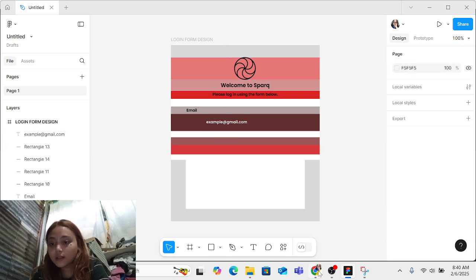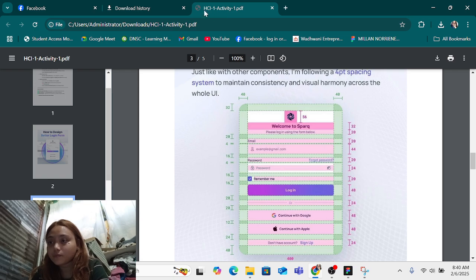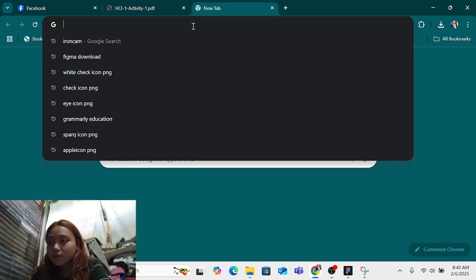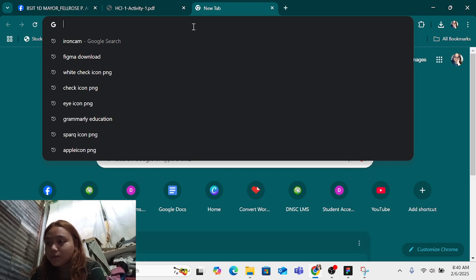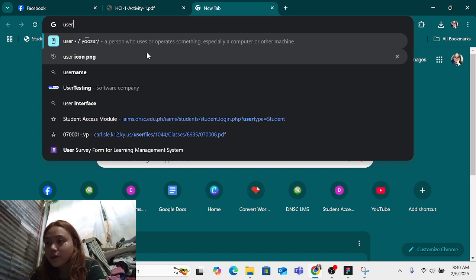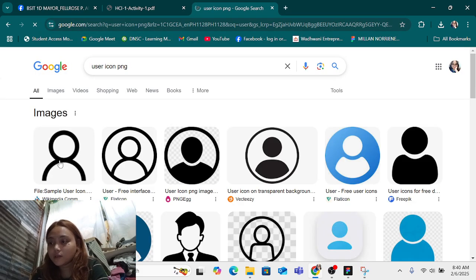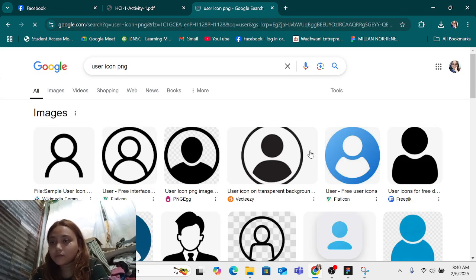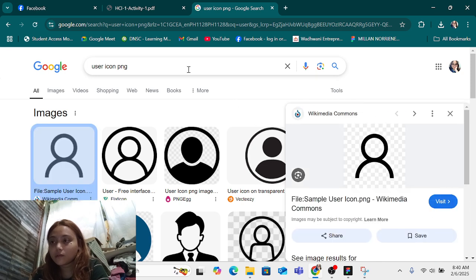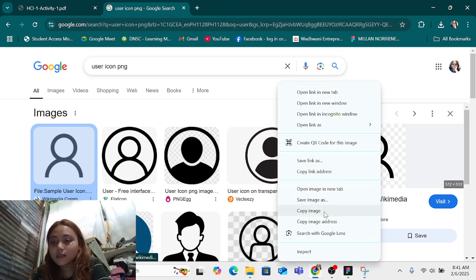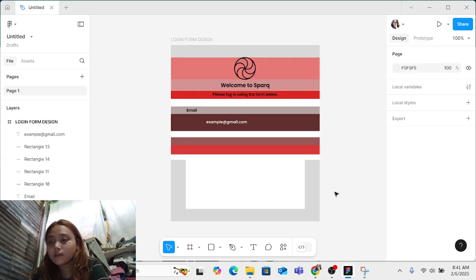And since we need an icon, we're gonna search user icon PNG here. So we're not gonna save it as an image or download it. We're gonna copy the image and back here and paste it here.